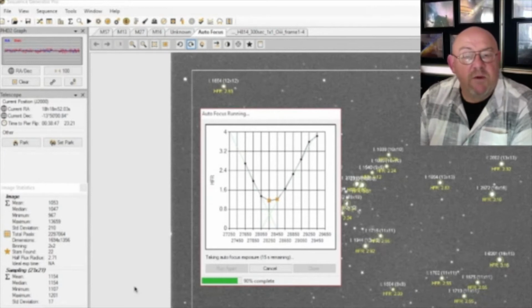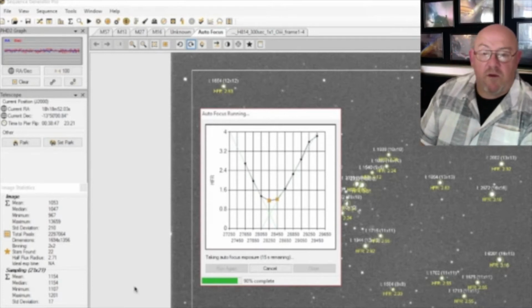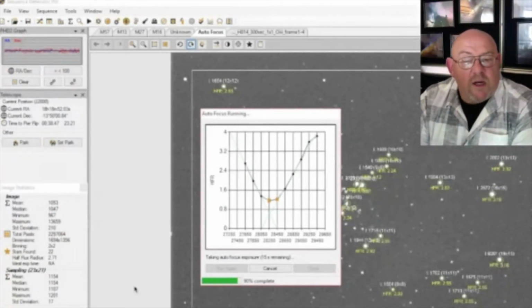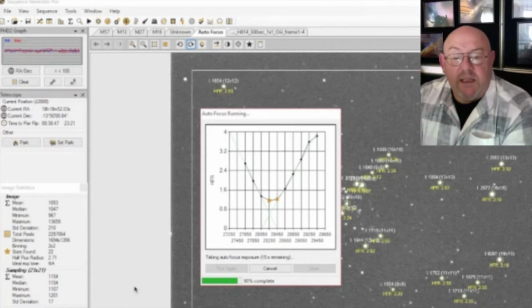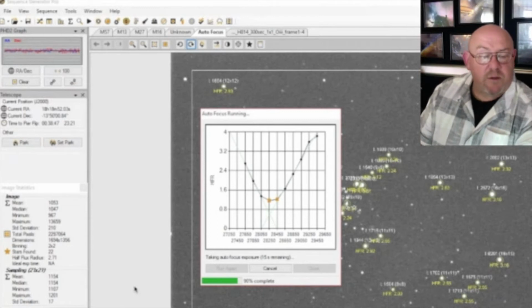This is done by first moving the focus motor a set amount, and then taking an image. The image is then analysed by the software to measure exactly how tight and bright the stars are in the image. It continuously takes images and measures the focus until it has created a V-curve, so it goes right through from one side of focus to the other. From that, it can work out from being out of focus on both sides of the graph exactly where the critical focus point is. It moves the focus motor to that exact point, and there we have it, perfect focus.